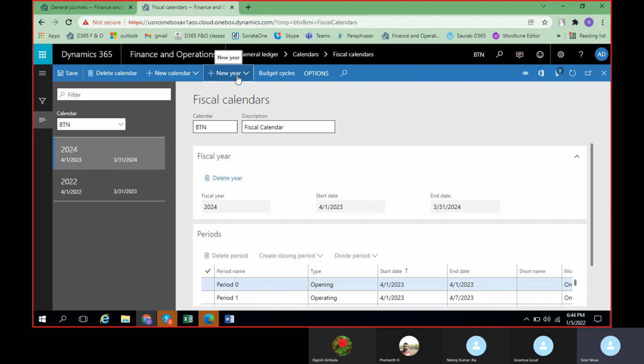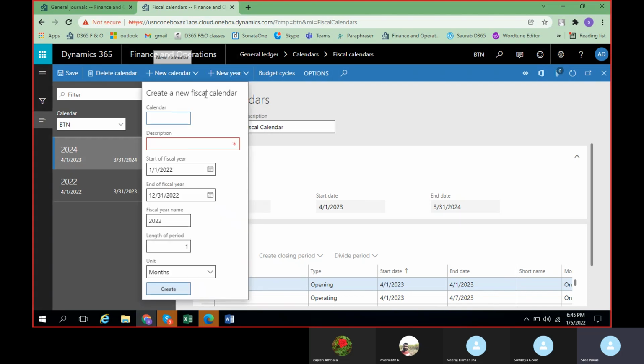Also remember, it is not necessary that the calendar should be only for one year. You can create this calendar even for months. Let us assume your client wants to close their business next year in March itself. It is not required for you to create a fiscal year from January 1st to December 31st. You can create that fiscal year only for 3 months.